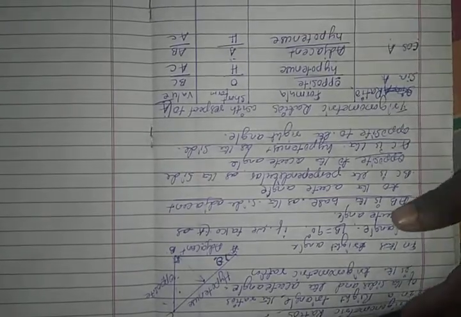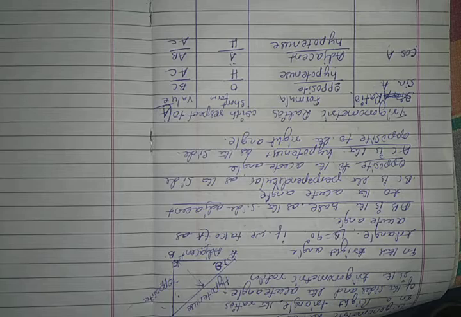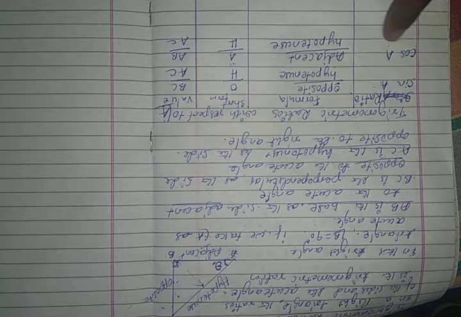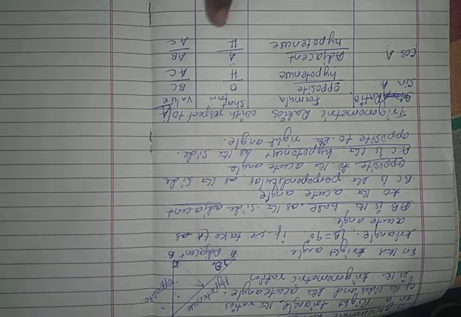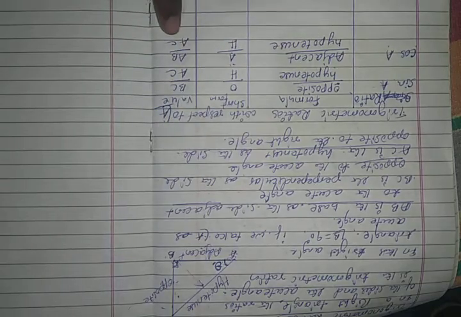Once again, clearly see, the first one is the ratio sine of angle A, that is called sine A. The formula is opposite by hypotenuse, the short form is O divided by H, and the value is BC divided by AC. And the second ratio is cosine of angle A, that is called cos A. The formula is adjacent divided by hypotenuse, A and H. Adjacent is AB, and AC is the hypotenuse.